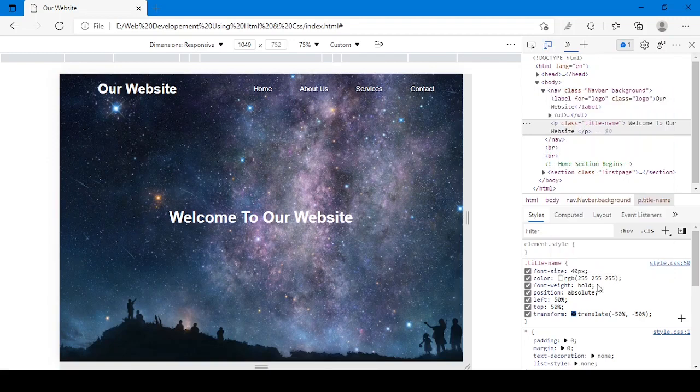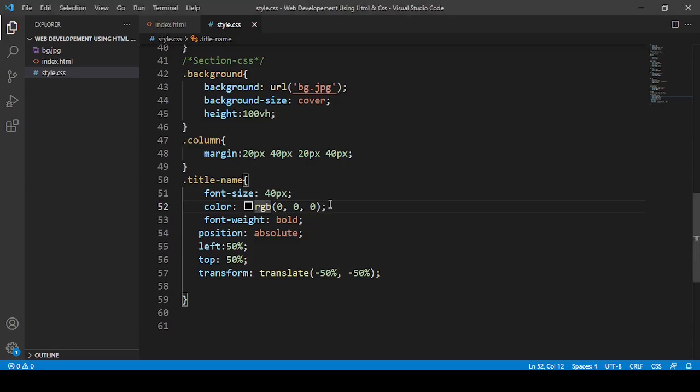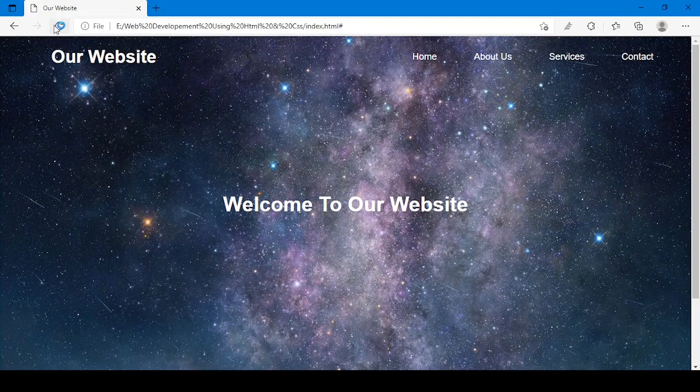This white is only looking nice. Yeah, this RGB I'm going to copy it. This one only looks nice. Okay, I'm going to reload it. See now, it is looking very nice.